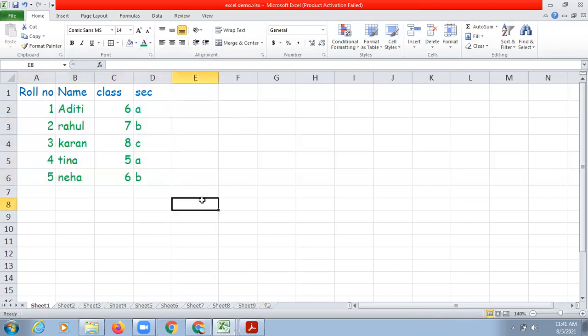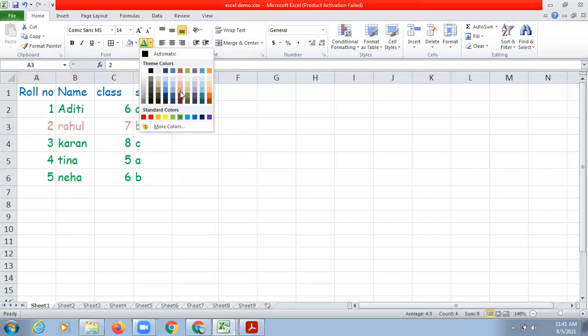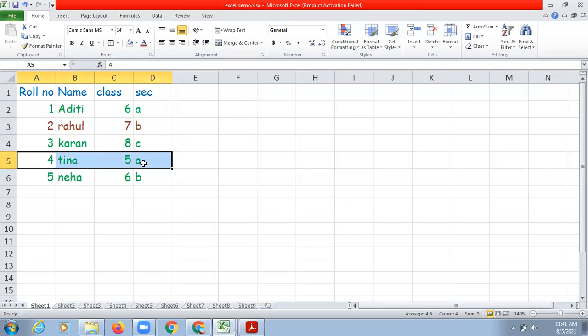So like this, you can do the changes in the color. Even if you wanted to give different colors to every text. So suppose Aditi ko green color and then Rahul ki details, so you wanted to give some different colors, you can do it in that way also. So red color ले लिया, then Aditi Karan green, इसको red दे देते हैं, सॉरी ब्राउन दे देते हैं. So like this also we can do.